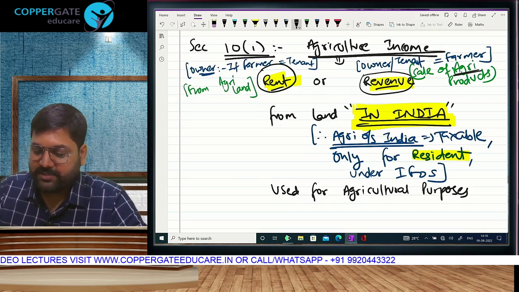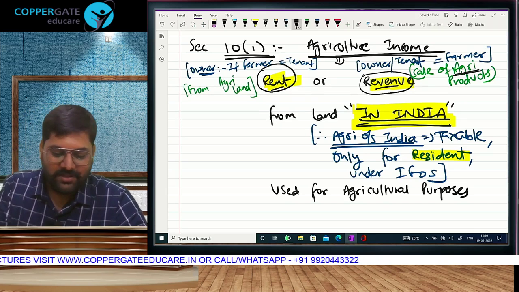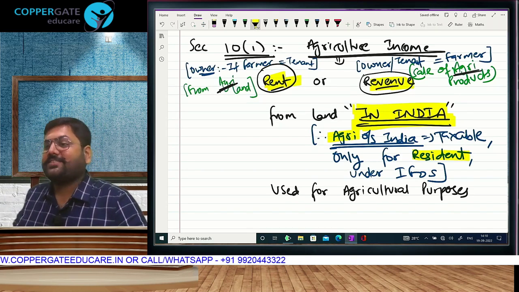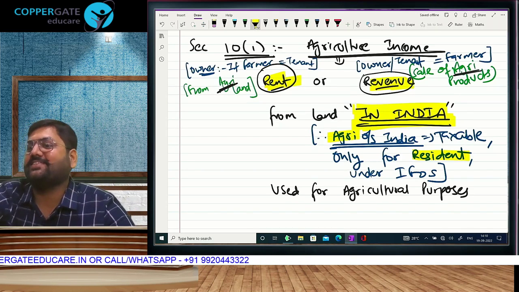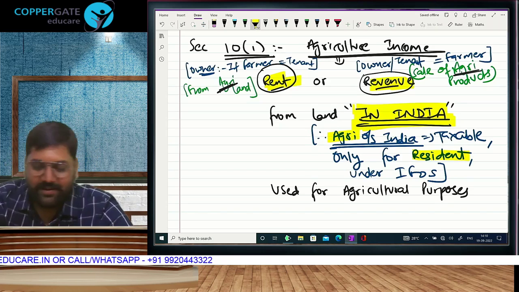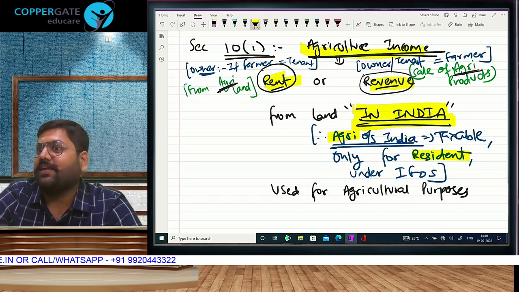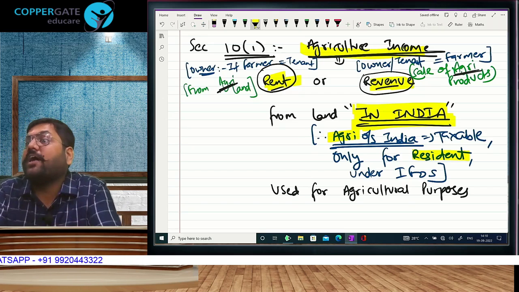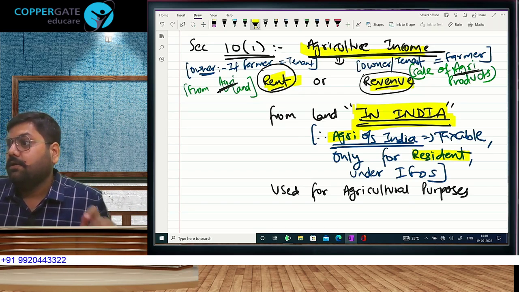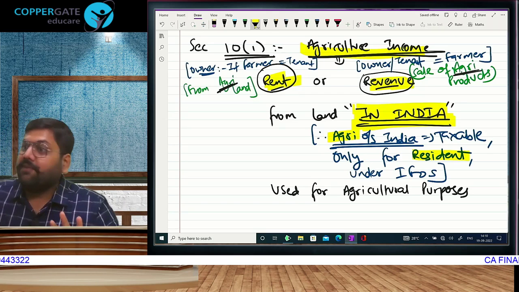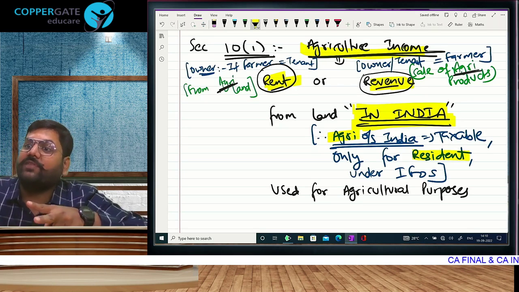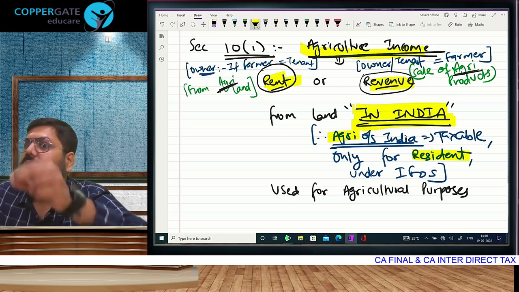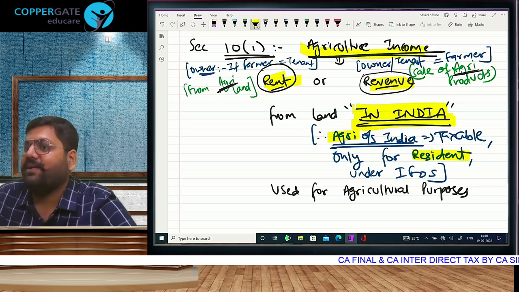See, this was my explanation. This was not the section. The first time that we are using agriculture in the section is the third line. We are saying agriculture income, but till now the word agriculture nowhere came in the section. Now it has come in the section. The land about which we are talking, first of all, it has to be in India. Then once it is in India, what is exempt? The rent of the landlord or the revenue of the tenant? Both. The land is in India. Both incomes will be exempt, provided the land is used